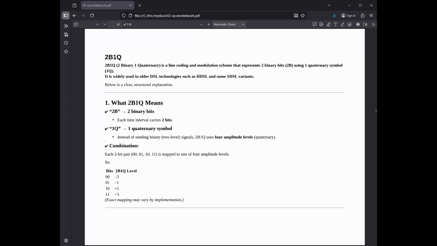2B1Q, 2 binary, 1 quaternary, is a multilevel line coding technique used to transmit digital data over copper wires. It is a form of pulse amplitude modulation, PAM4, that encodes 2 bits of binary information into a single quaternary, 4-level, symbol. How 2B1Q works: in a standard binary system, each signal change, baud, represents 1 bit, either 0 or